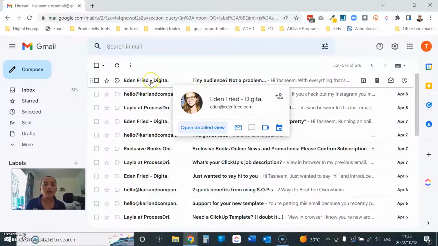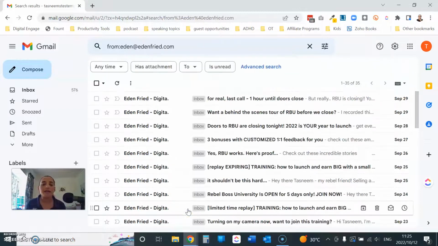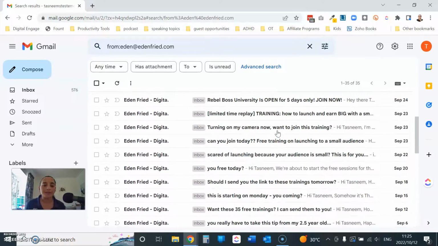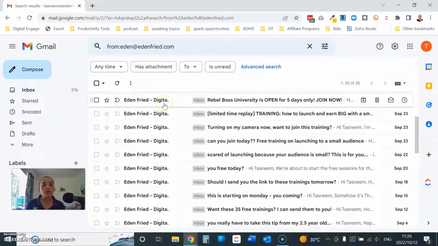What I'm going to do is hover over this email, right click on it, and scroll all the way down to find emails from Eden Fried. And it's going to bring up all emails that I've ever received from Eden Fried. What I can do then is, before I actually delete all these emails, I also want to make sure that